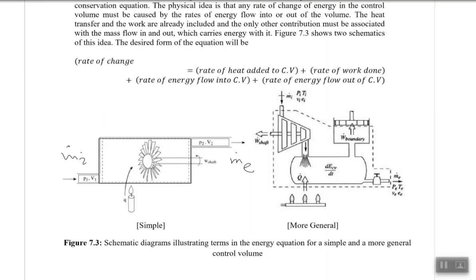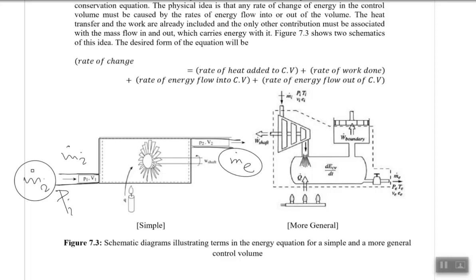That's what we are again saying, the mass was fixed. But for the rate of change of mass, we are talking about the open system. For the open system, there would be mass going into the system and there would be mass leaving the system. And with that mass entering and leaving the system, there would be a